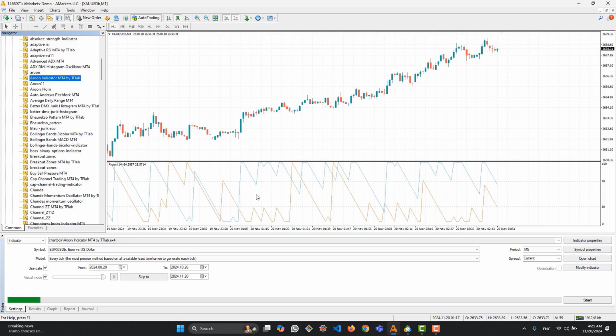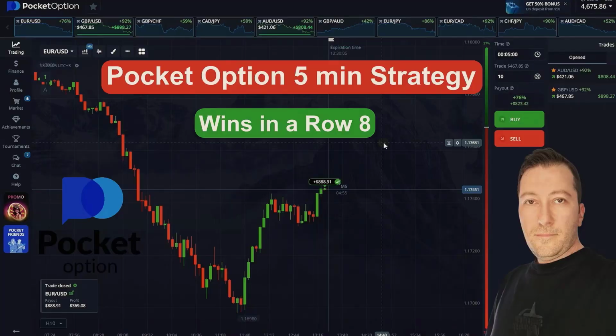The trend is identified in such a way that when the uptrend line is above the downtrend line, we are in an upward trend, and when the uptrend line is below the downtrend line,